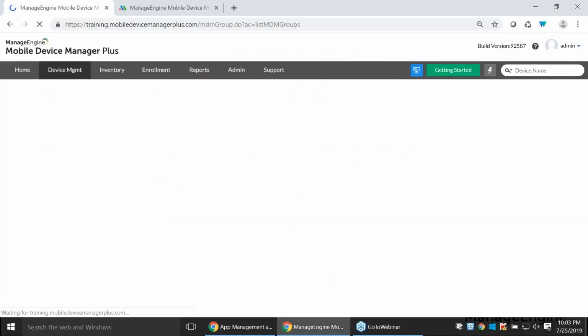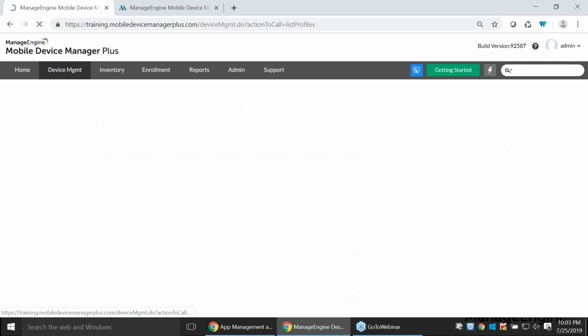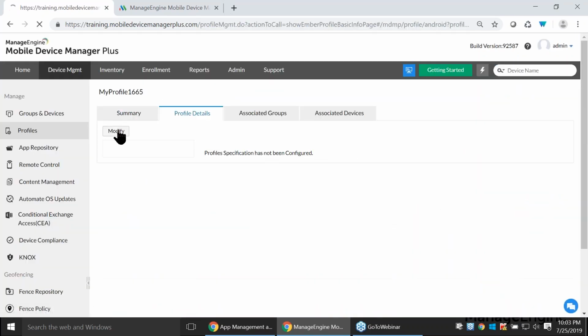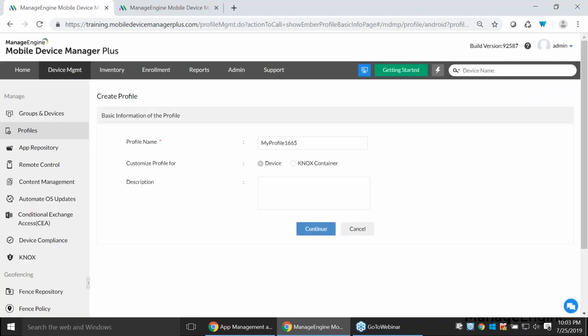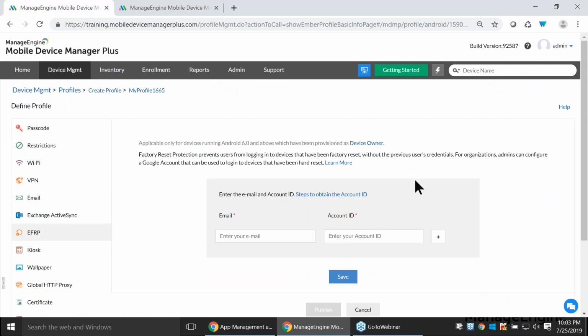So in the case of an iOS device, by default, if it's a corporate device, we would remove the Find My iPhone feature, which means that they cannot lock a device with their personal iCloud account. But in the case of Android, since it's completely controlled by Google, we have an alternate solution, which is called configuring the EFRP. EFRP is nothing but